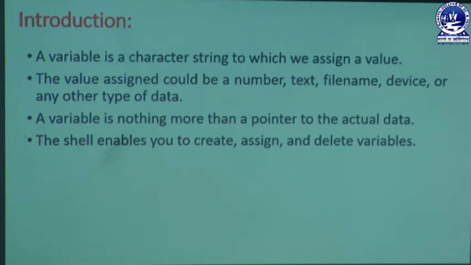We know that whenever a user wants to create a variable, that variable is the name of a memory location. In C and C++ also we have the term variable. A memory location is a huge space, and we want to reserve a single space from it. At that moment we must give a name to that space. That name of the space is known as a variable. So a variable is a character string to which we assign a value.